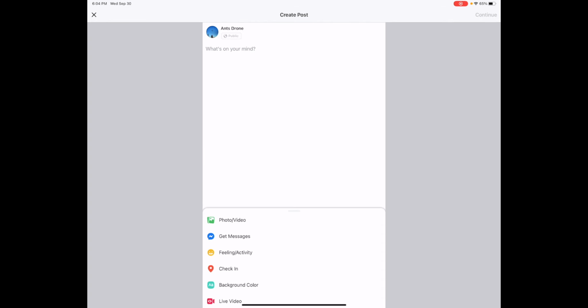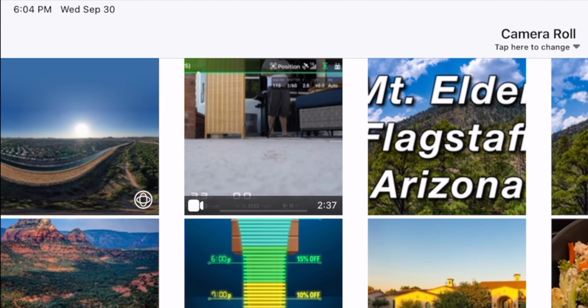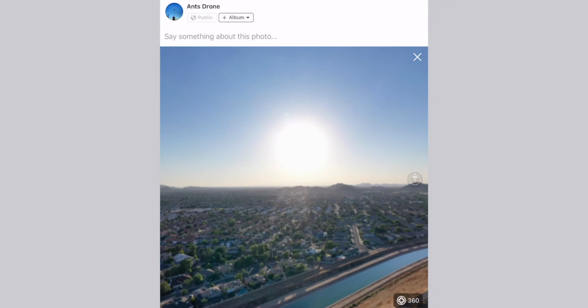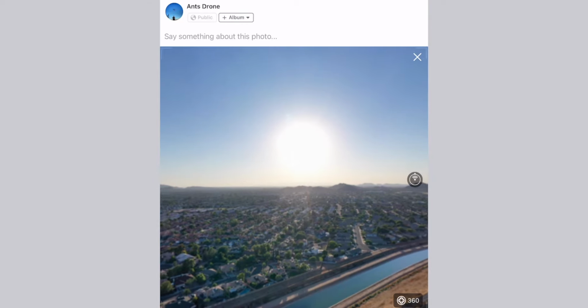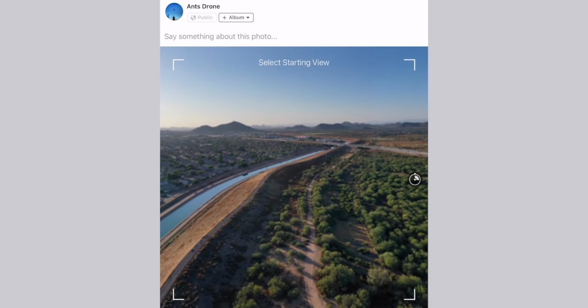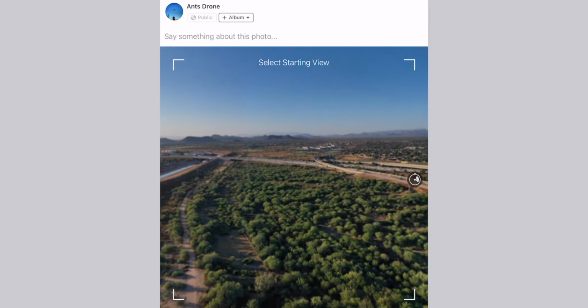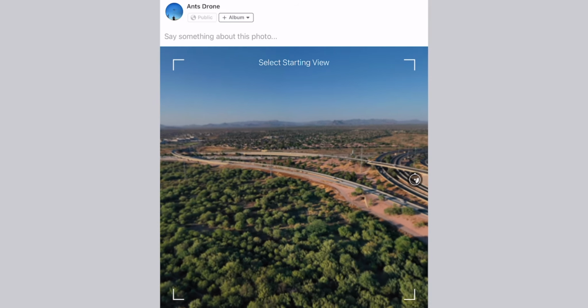Okay guys, so now I'm on my iPad instead of my phone because I figured it's a bigger screen. What I'm going to do is go into my photos here, and I'm going to select the 360, and as you can see up here in the corner, you can see the 360 photo symbol. So I'm going to tap on that and hit done, and right off the bat you can pick your starting view,